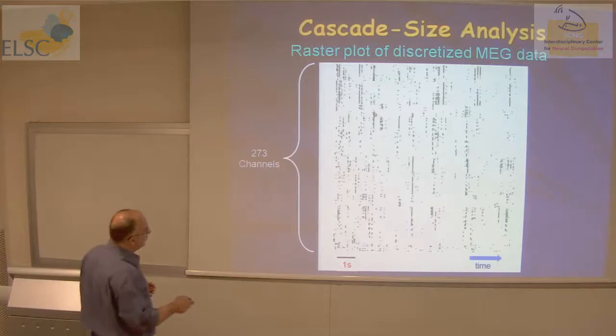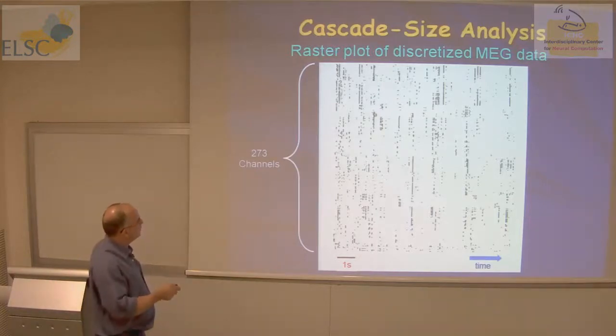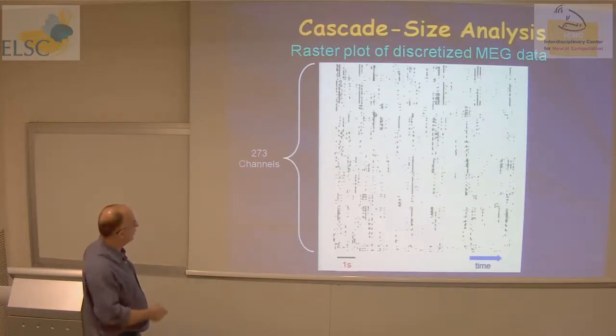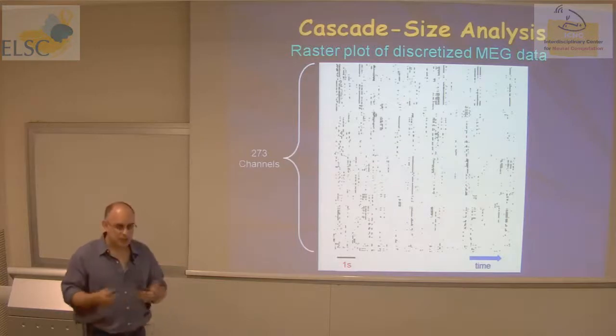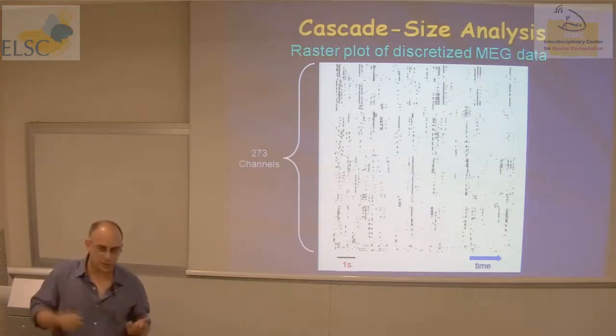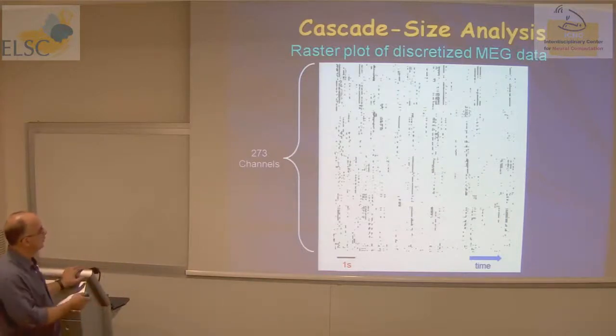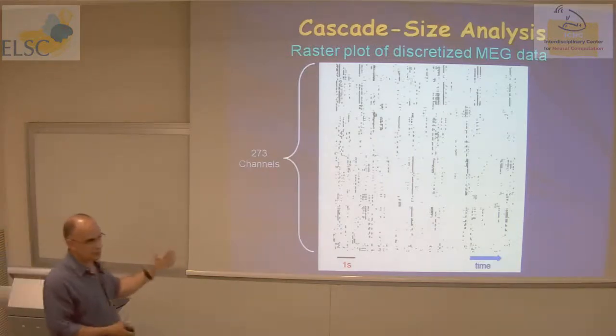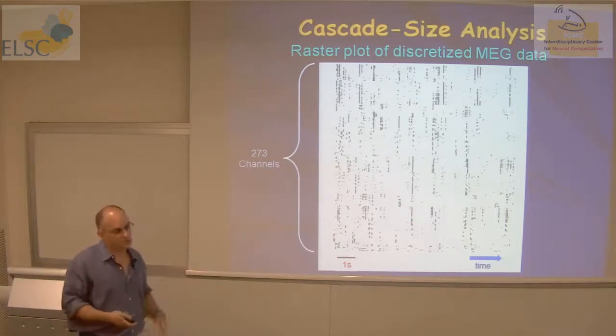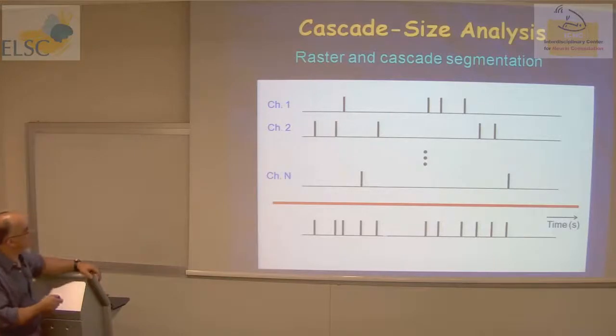So if you zoom in to these avalanches, or what we later call avalanches, you will see that they have some structure in them. Here, you cannot tell a lot because this is just a one-dimensional axis, and roughly adjacent sensors have consecutive numbers, but not always, because it's a two-dimensional array. But you see that you get those kinds of synchronized patterns of activity. And next, we want to segment the data into many such cascades. The way we do that is we take the point process from each channel and put them into one big sequence of events.